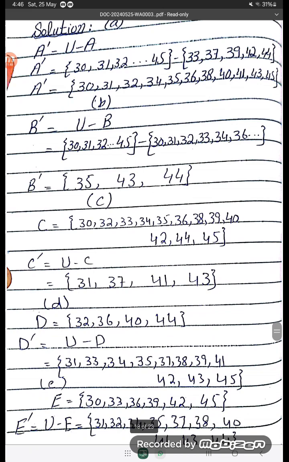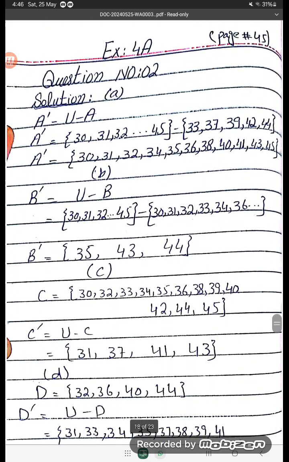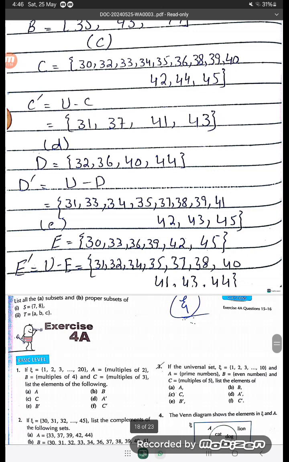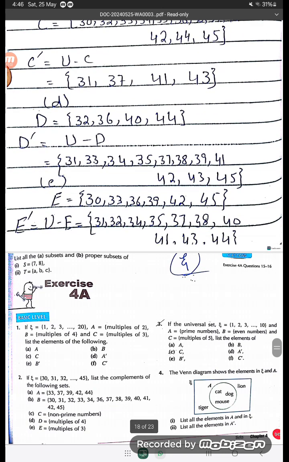D is the multiples of 4. The multiples of 4 are 32, 36, 40 and 44. D complement is equal to the universal set minus D, and the answer is this. E complement is also the universal set minus E, and the answer is